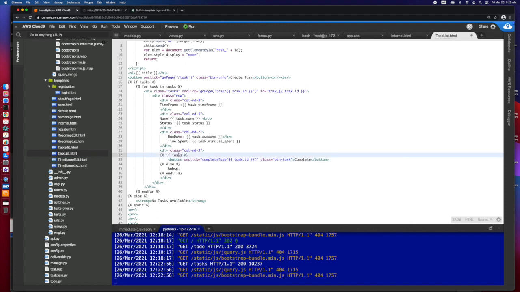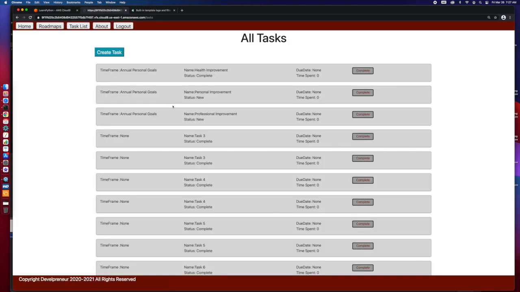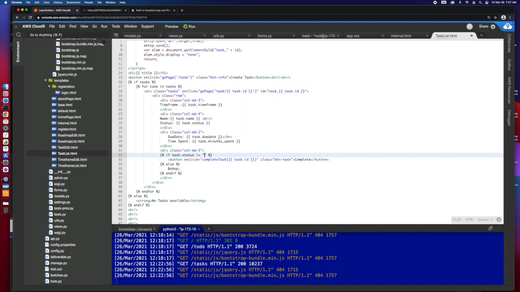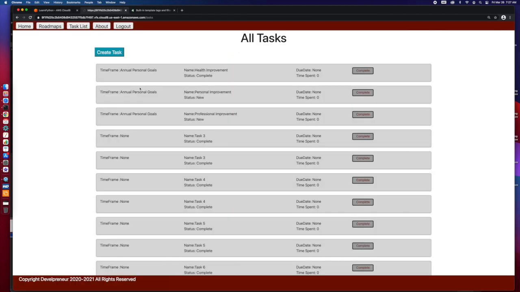And then all we need to do is a very simple kind of equation. We're just going to say if task dot, and the thing that matters is status, and if it is not equal to, I believe we called it complete with a capital C. Yep, if it's not equal to complete, then we're going to have the complete button. Otherwise, we're going to do a space. So if we save that and rerun this,